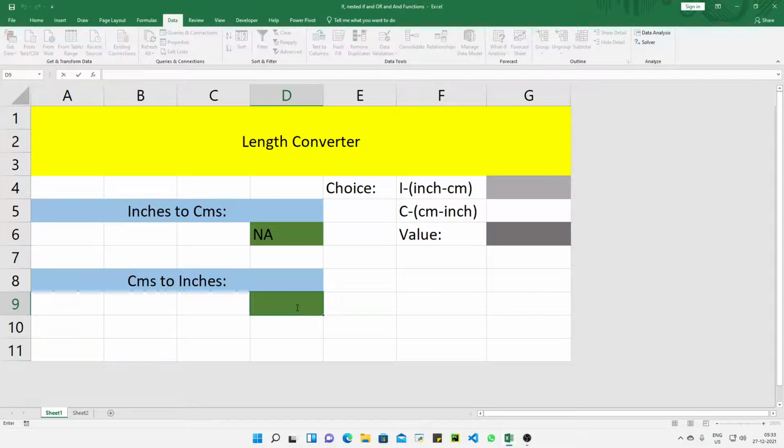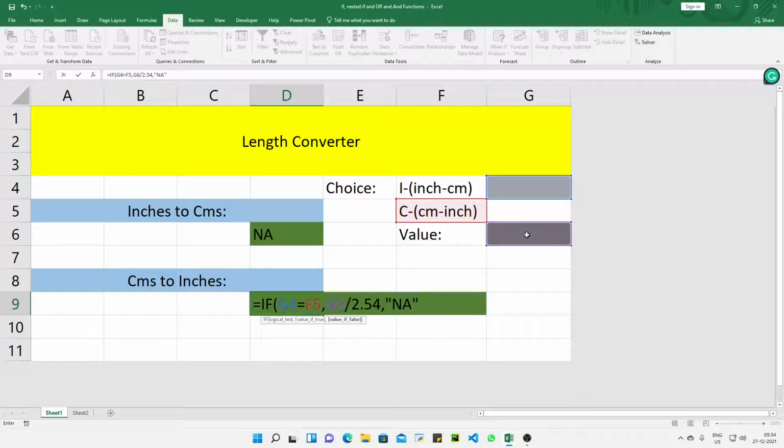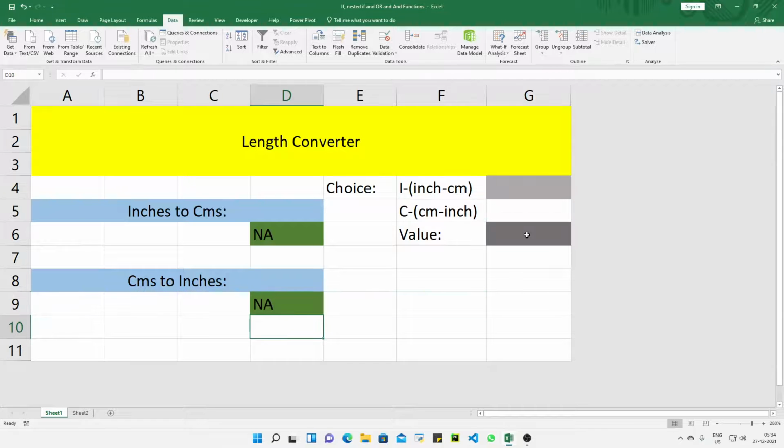Same we are going to do in the centimeters to inches case, where I'll pass an IF statement. And what is the logical test? I'll check this with this. If it is equal to this, then I'll hit a comma, and if the value is true I will simply put the value and divide it by 2.54, and if the statement in the test condition is false, then I will use NA, and I will close the bracket and hit enter. Now when you select inches to centimeter,